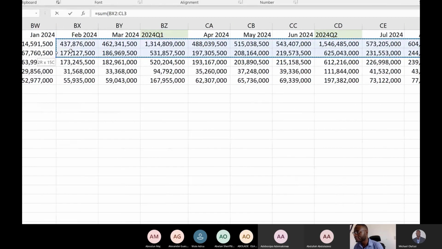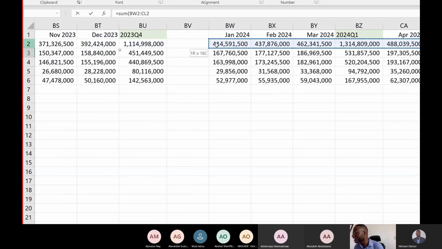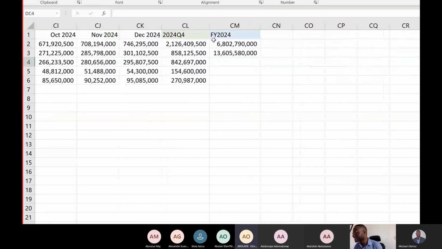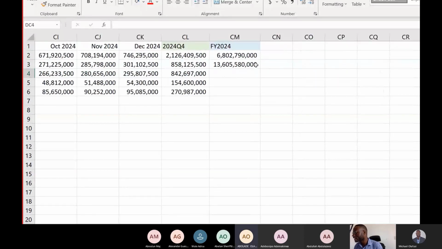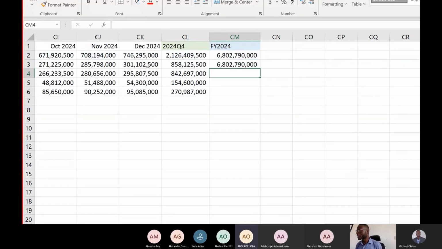So if I do this, you'll be screaming, "Oh, Michael, is this not going to be wrong? Will I not be adding the quarter to it?" So if I do this, you will notice that yes, the answer is not correct, right? The thing is, we just need to divide. So whenever you have subtotals in your data, just dividing by 2 takes care of that double counting,